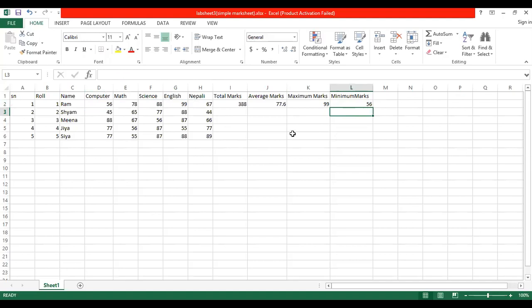I hope you know very well. And you can use the fill handle here. You don't have to give the formula again and again. You bring the mouse pointer near to this 388 and you will drag it. Here also you will drag it.